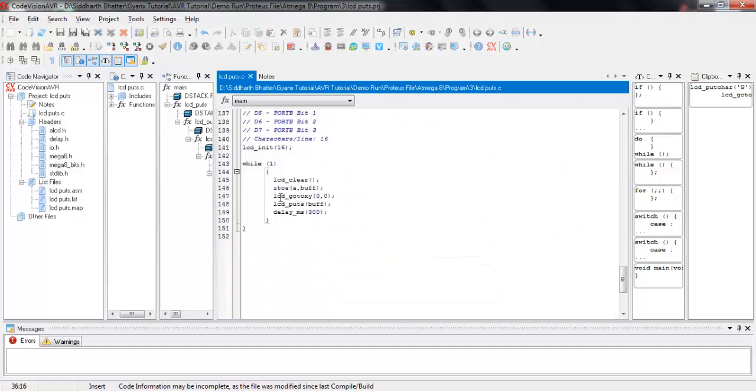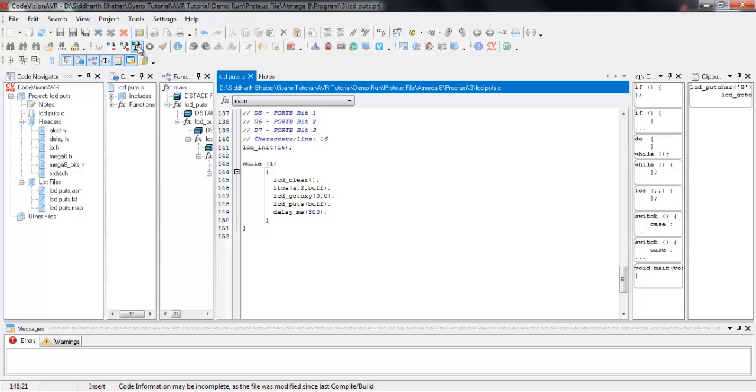And now just come to our main program. Here we have written ITOA. In place of ITOA, just simply write FTOA, and this is our alphabet. Now, up to which decimal point do we want our number? Suppose I want my decimal number to 2 places, so I will add 2, and the buffer in which my value got converted and saved. So in this way I can put the decimal value on my screen at location 0,0.